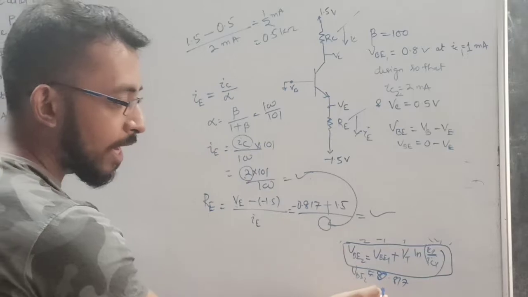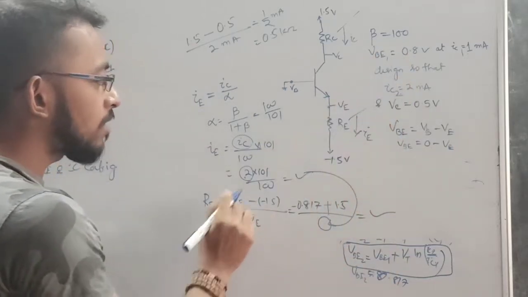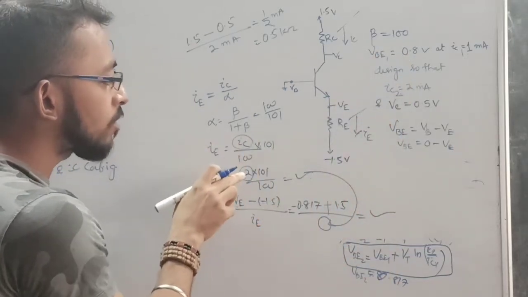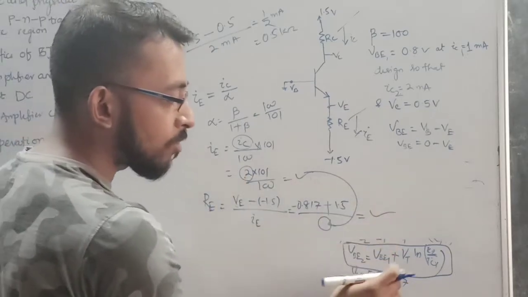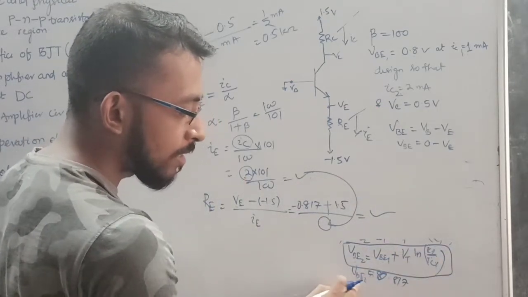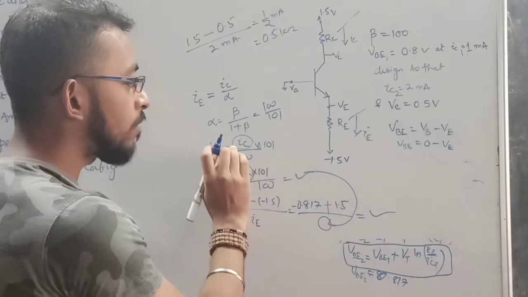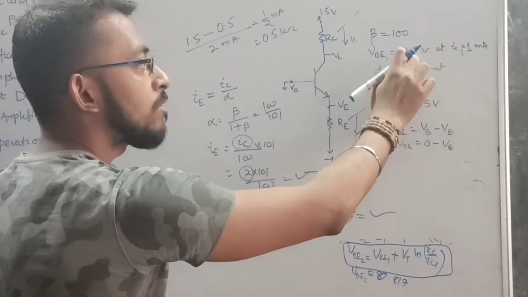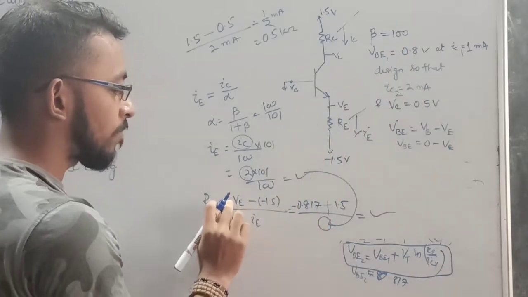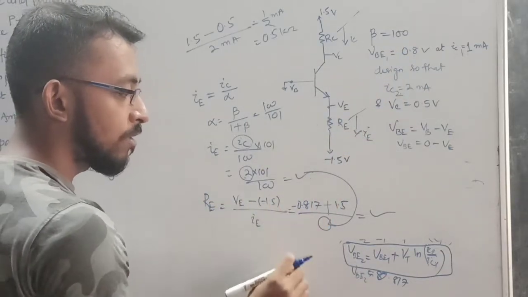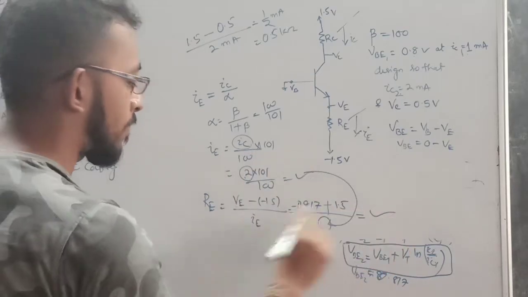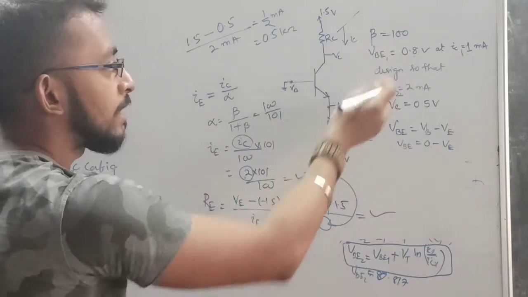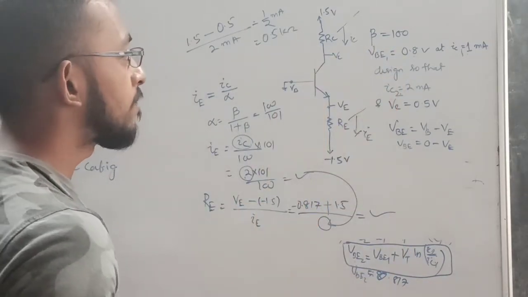Why did I put 0.817, not 0.8? Because here I have taken my IC value as 2 milliampere, and what I found for the second IC, my VB, that will be 0.817. If I would use 1 milliampere in place of IC, then I should use a voltage of 0.8 volt, that is, in place of VE, that is equal to minus 0.8 volt. Okay. So I found my value of RE, I found my value of RC. So the circuit design is complete.